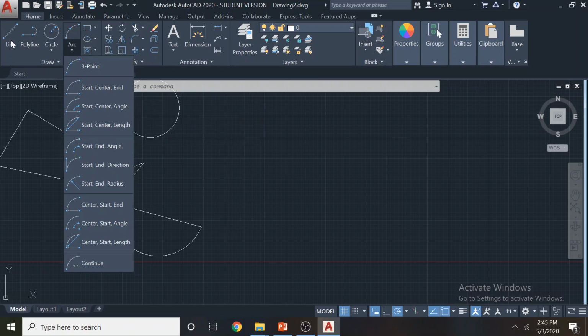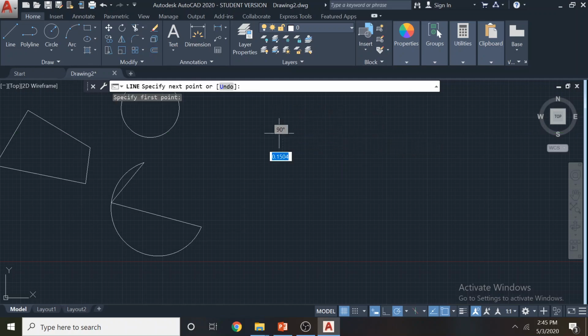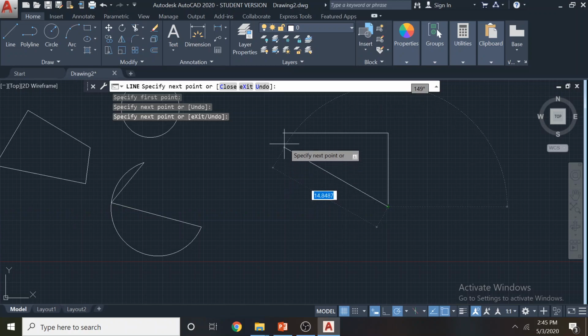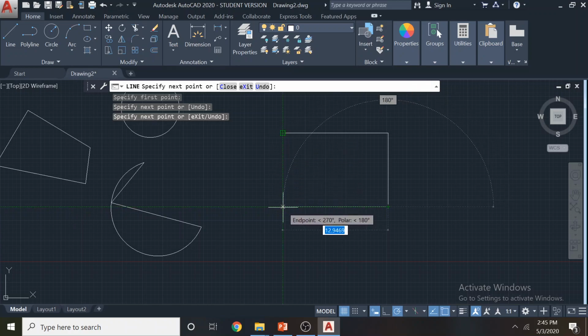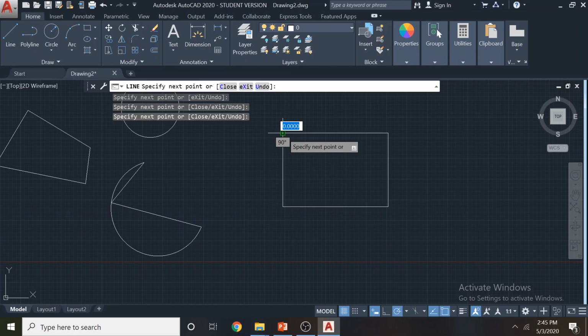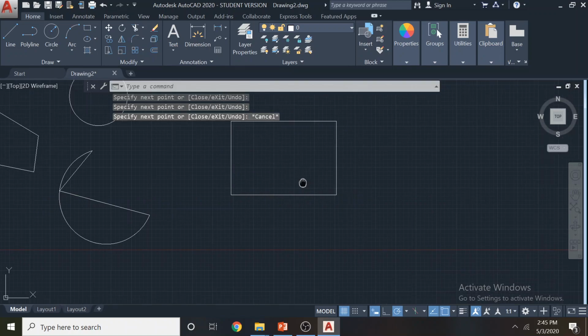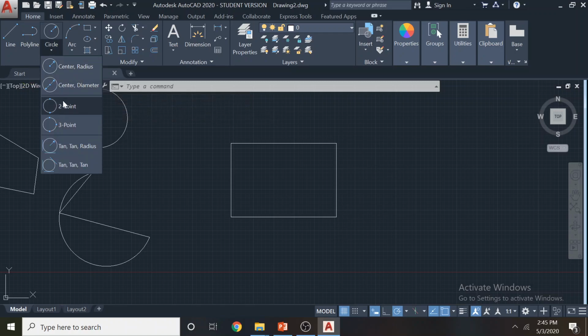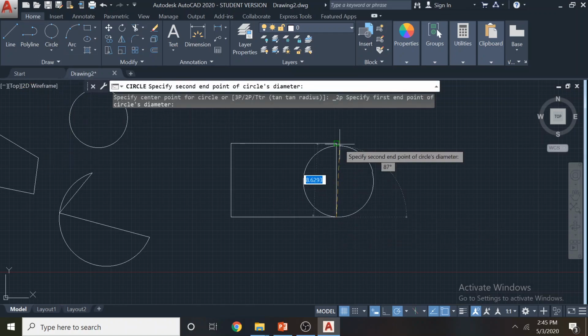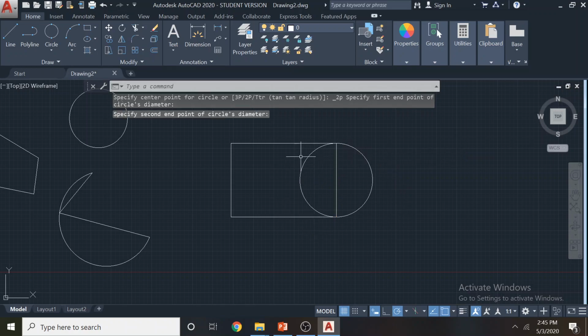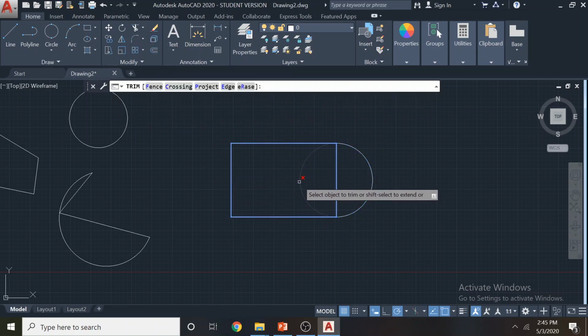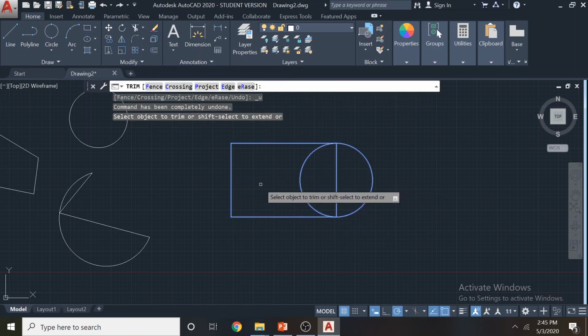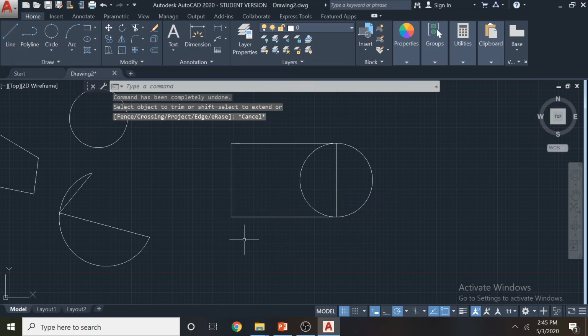If I just draw a diagram and explain, if I want to draw a simple rectangle, we can use inference in lines and draw a rectangle. So I want to draw an arc here. One way is you can draw a circle, like a 2-point circle, run the trim tool and delete the unnecessary part. That is one way, but it's not a faster method.